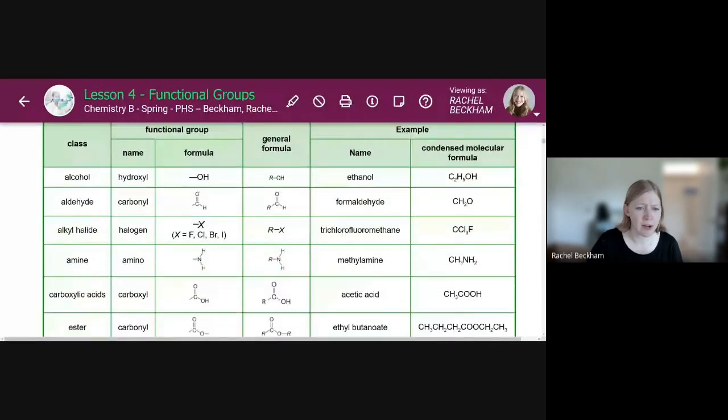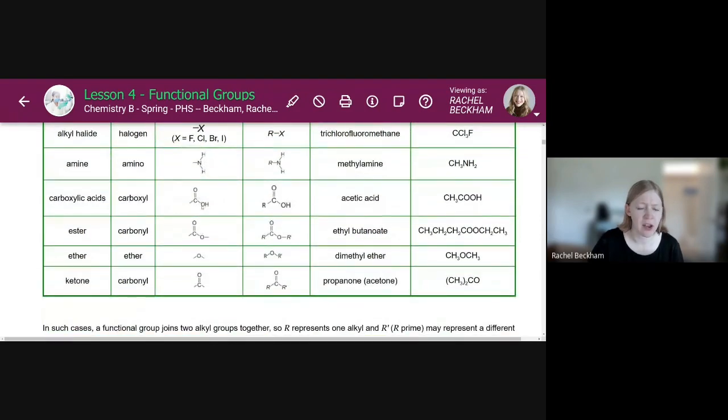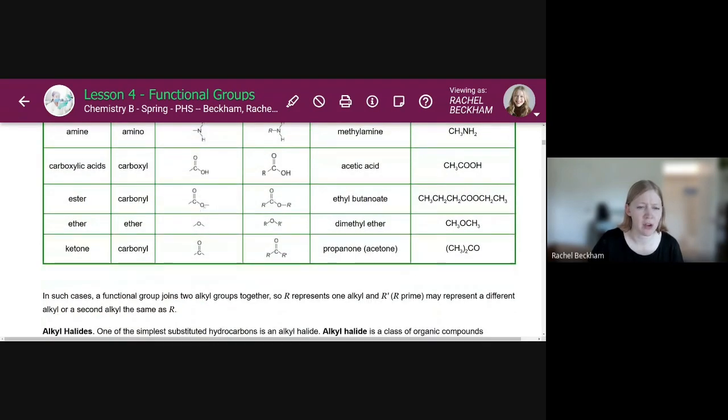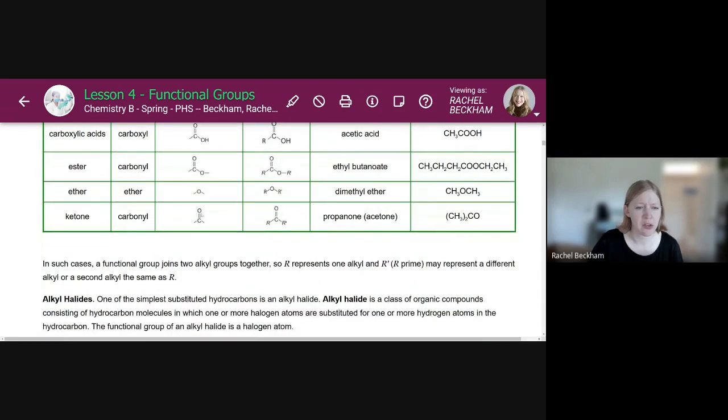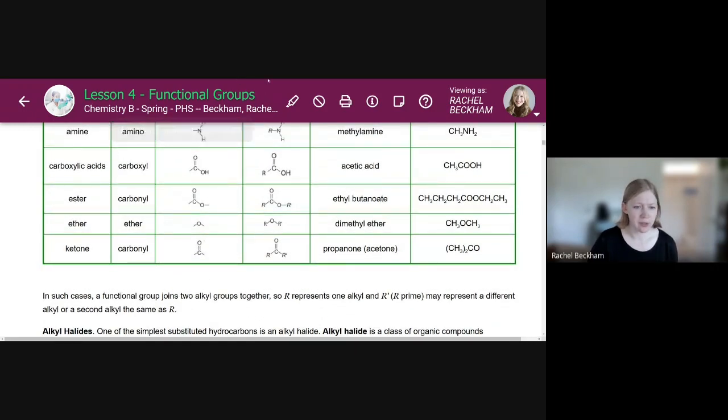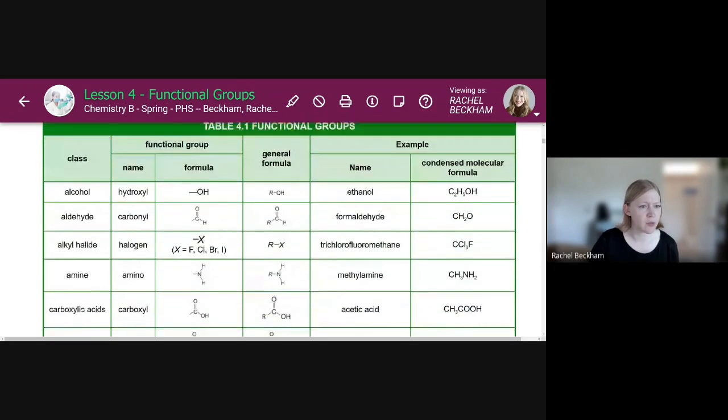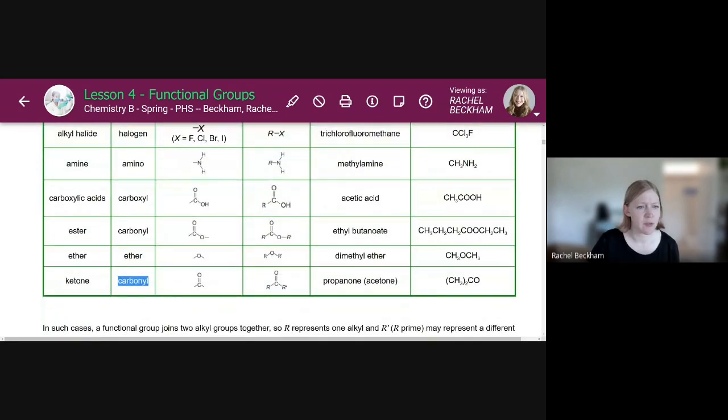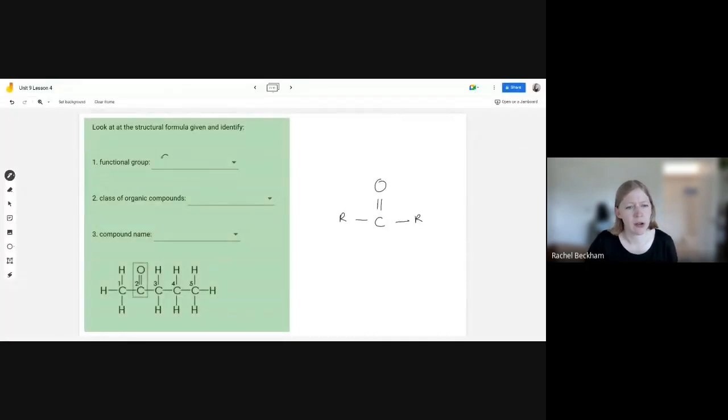I see an O double bond C dash H. That's an aldehyde, right? Here's O double bond C dash OH, O double bond C dash O. Those are all close, but not exactly it. Here at the bottom is O double bond C, just like that. So for O double bond C, we can see that's going to be ours. And so that is a ketone for the name of the class. And the functional group is called carbonyl. So carbonyl